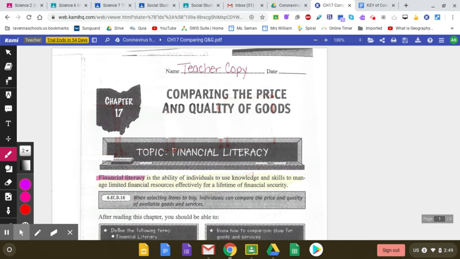Hey everybody, today we're doing Chapter 17, Comparing the Price and Quality of Goods. Our topic is financial literacy, and you'll see that we have the term financial literacy right here along with the definition, if you can see my cursor moving along. The definition is the ability of individuals to use knowledge and skills to manage limited financial resources effectively for a